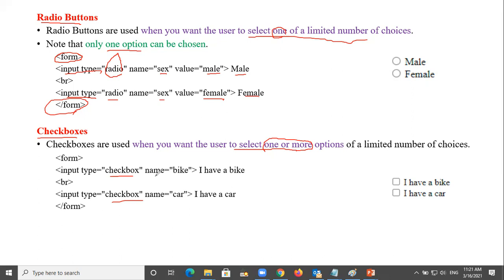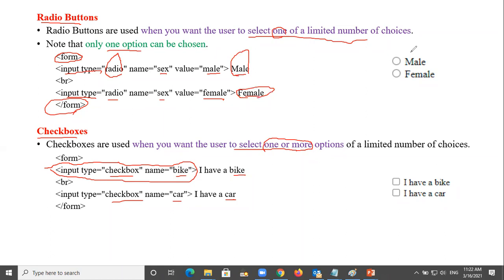Then here, for the checkbox, the name is only bike or car. The first one says I have a bike and the second says I have a car. That's why you put it this way. What you have to understand is that when you run this code, this part is not going to appear on your website. Only this last part appears, male or female.